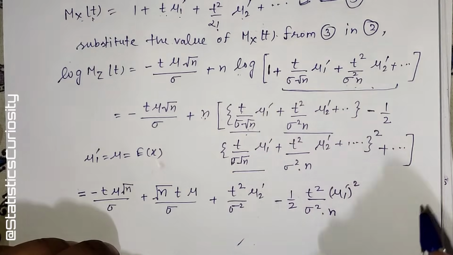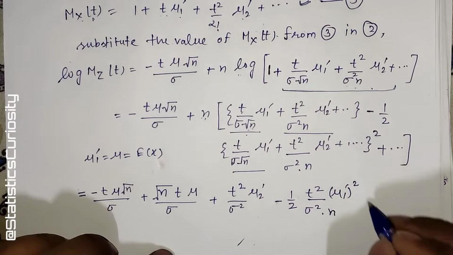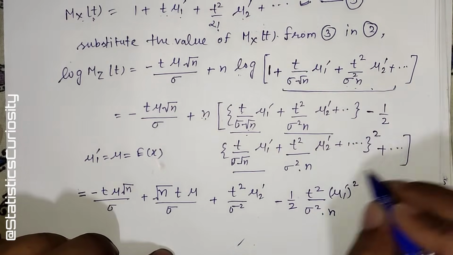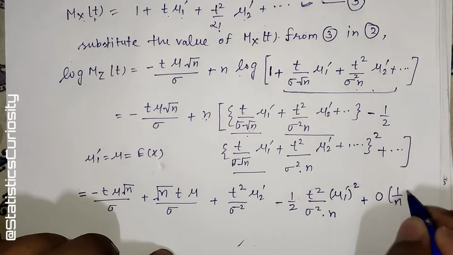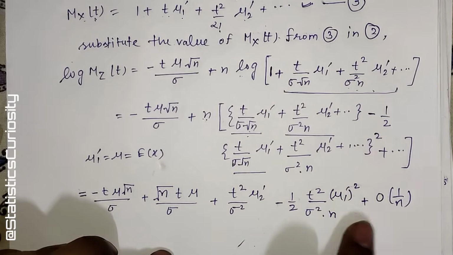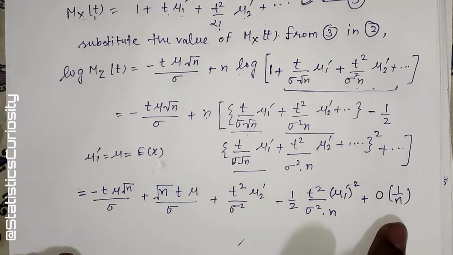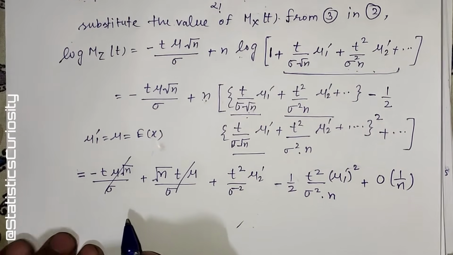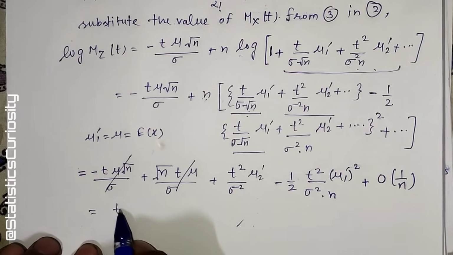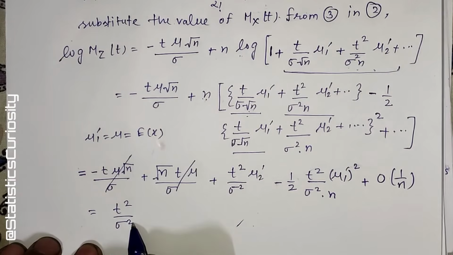We will not write those terms. What we will do? We will write all those terms as order of 1 by n. Okay. These two terms cancel out each other. What we will have? We will only have t square divided by sigma square,